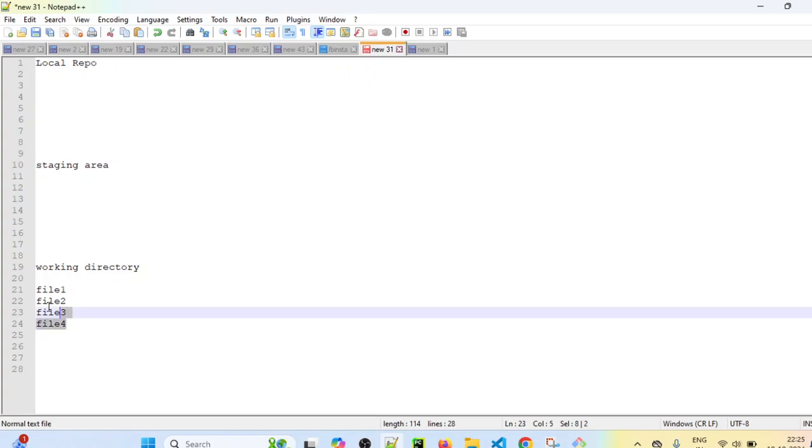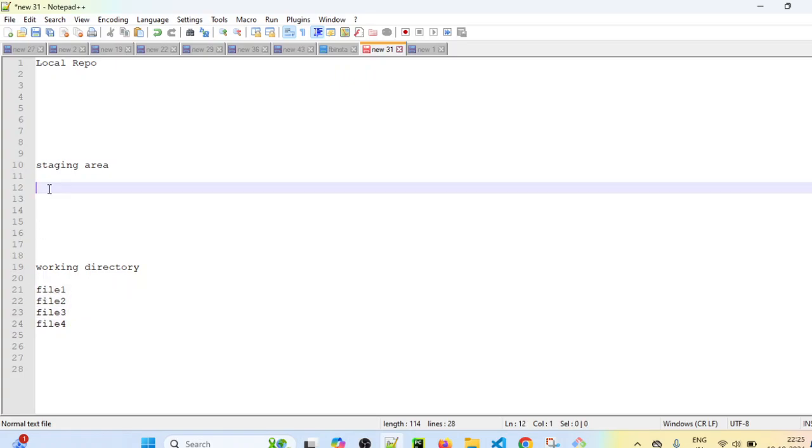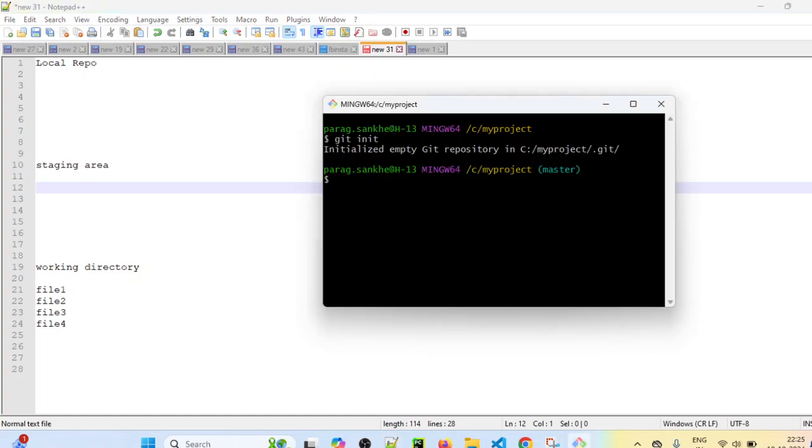Now I have to add all those 4 files into the staging area. So how to add? git add file1, not file1, we have to provide the extension as well. git add file1.txt.